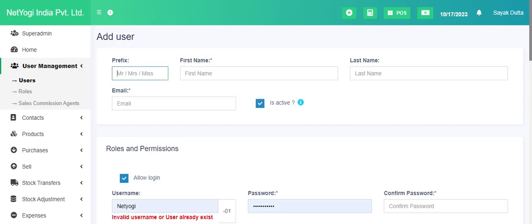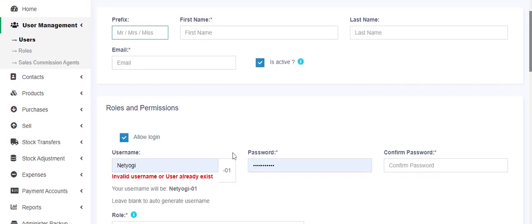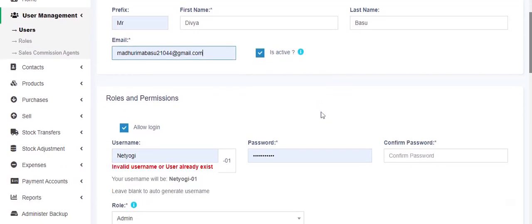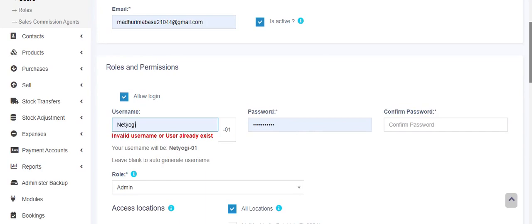Here I can add a user by their name, email, address, password and all. At first I have to put their prefix, then name, email, their username,